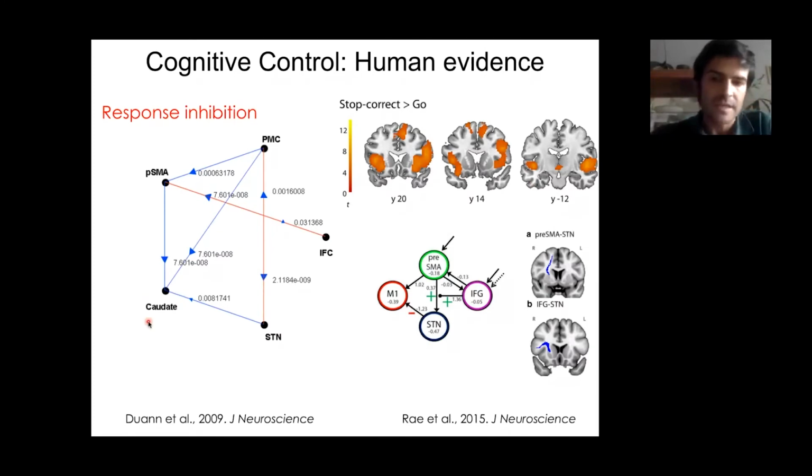The key thing is how these areas interrelate to one another, and these models of connectivity establish the directionality and the causality of these regions when the person is trying to stop a behavior. So cortical areas, pre-SMA and inferior frontal gyrus, relate to each other, and they communicate to the motor area to finally produce or not a behavior. And subcortical areas, including the subthalamic nucleus, also modulate by inhibitory inputs into the motor area. So these are very useful to think of how activity maps relate to a direction of the different areas and